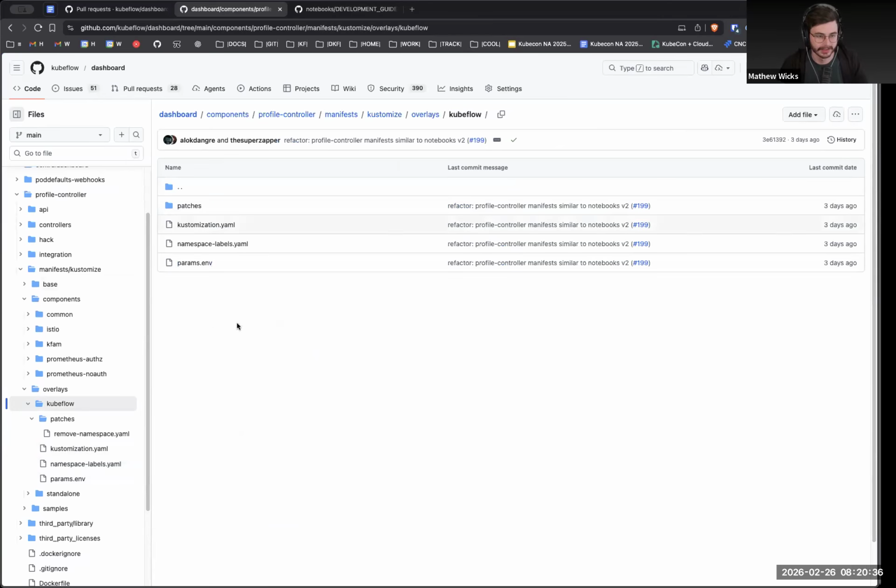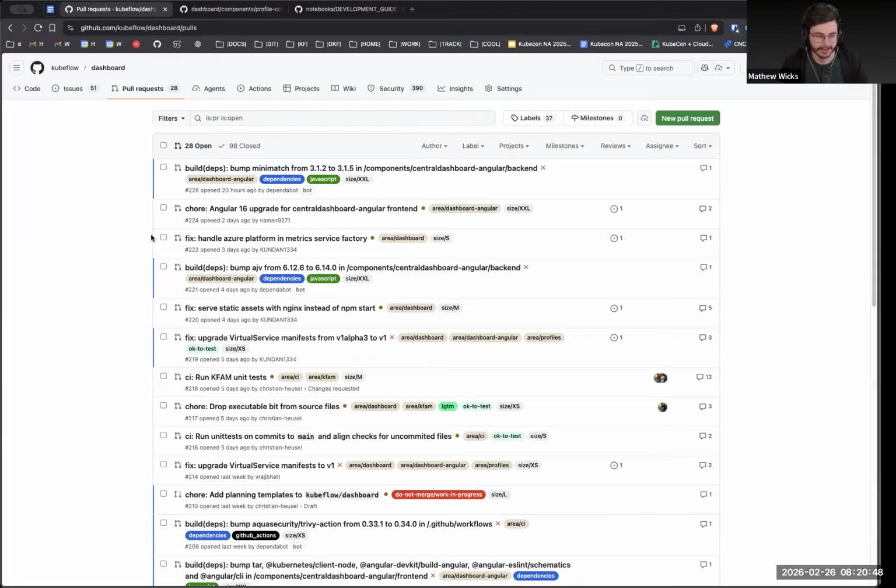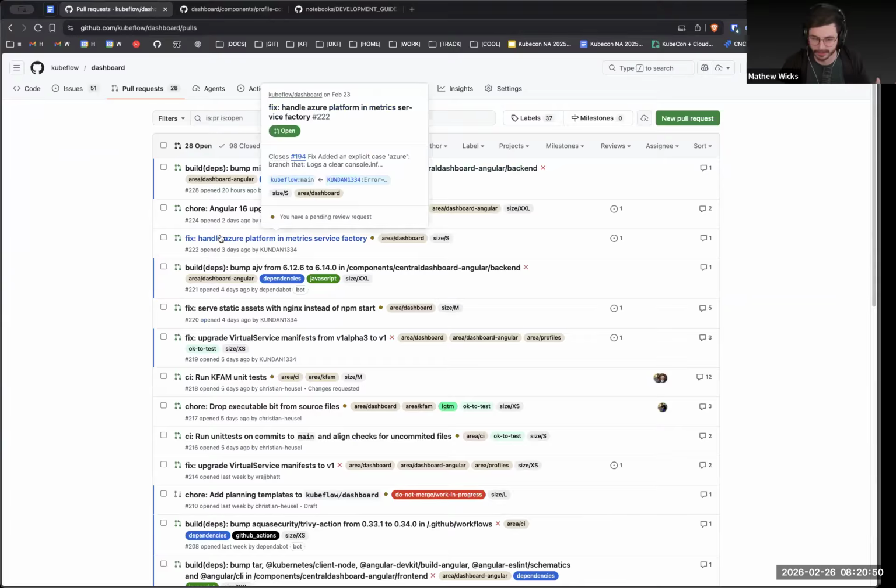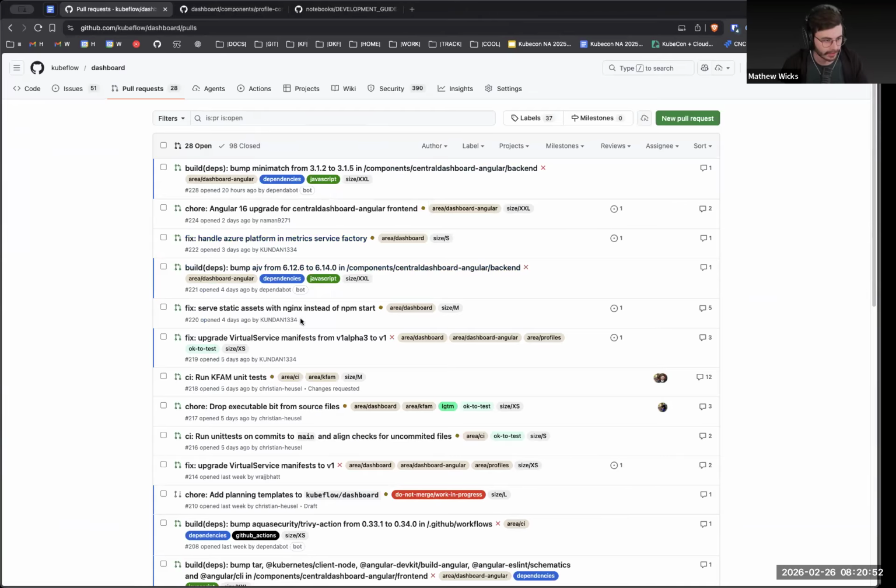We're not going to do this for V1 because V1's code is going to be removed in the next release. Not removed, but deprecated in the next release and removed in the one after that. So yeah, I just want to link. Does anyone have questions about the manifest stuff? I'm just going to link the one that